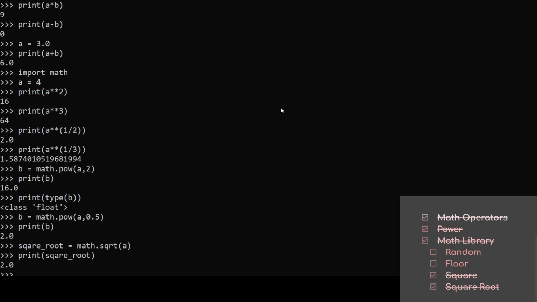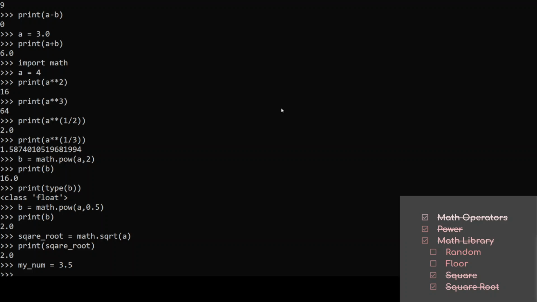So let's continue. So floor and ceiling is basically rounding up or down. So for example, let's say I have a float. Let's say I have a random float. Let's just say my number equals 3.5. So let's say I want to floor it, so always round down. So my floored, this is really useful when you want to do some type of approximations where you want to make sure that you don't overshoot. So math.floor, and then you write your number,